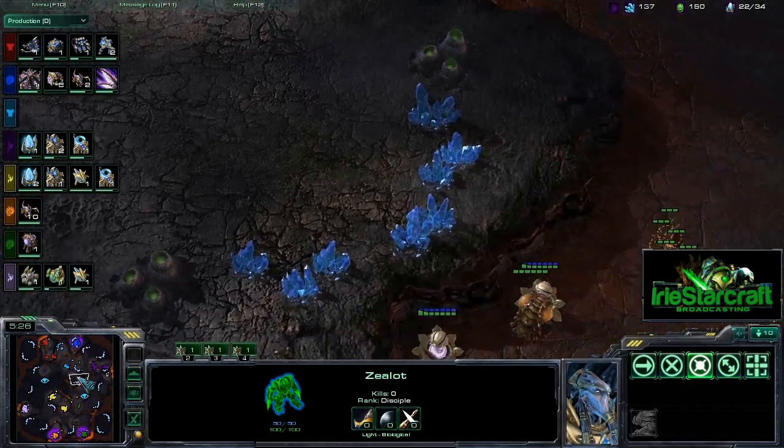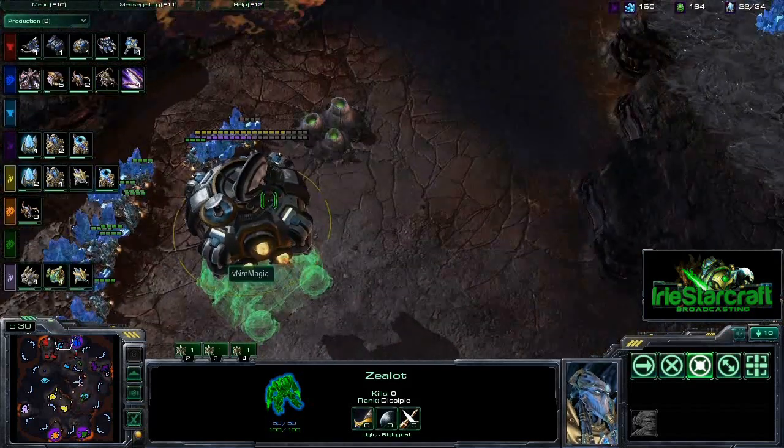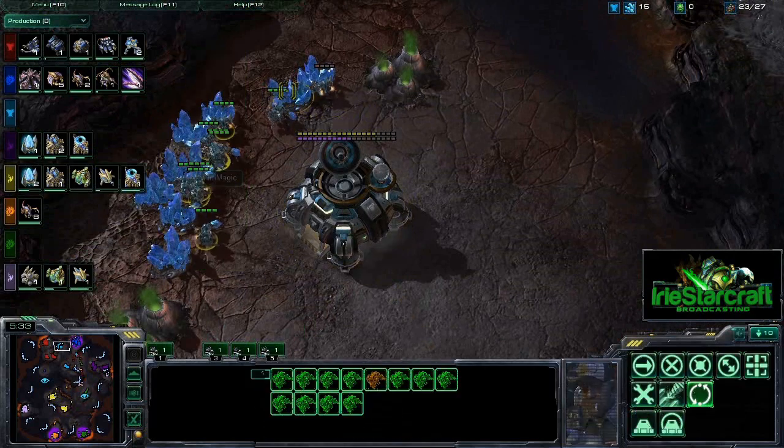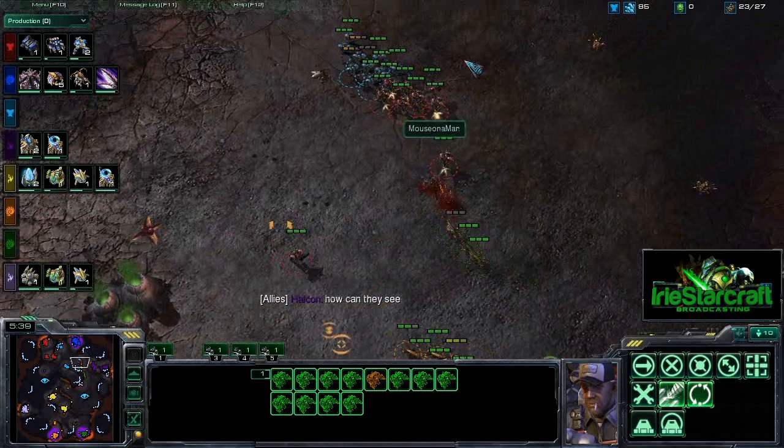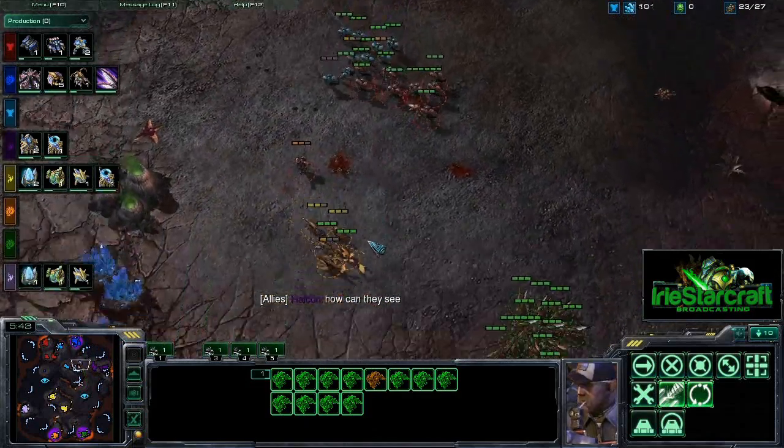He looks like he has been forced to lift off his command center. Where is he putting it? He is moving it over here. He's already got his SCVs all set up over there. So he's just going to go ahead and move his base. And MouseonaMan with quite a few Marines